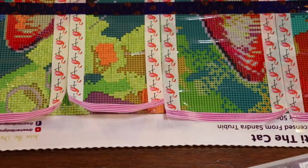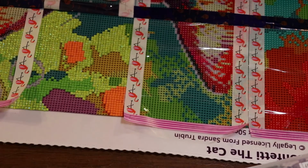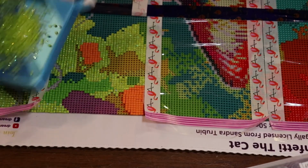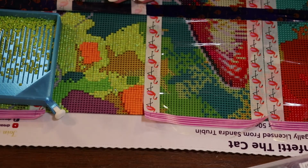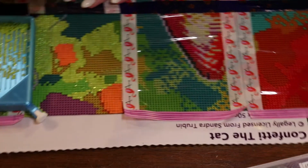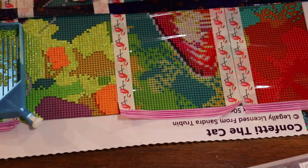Yeah, this is about a quarter. So, I think if I could get through half a week, or one part a week, that would put me at making this painting take a month, which is still so very long. I don't know. I want to prioritize Christmas in July, because